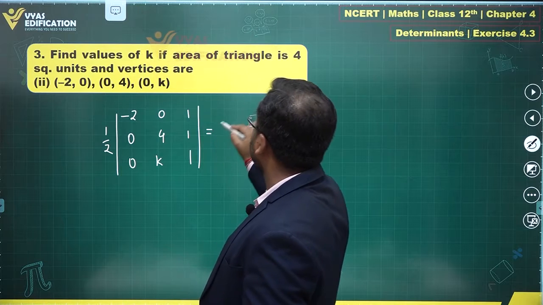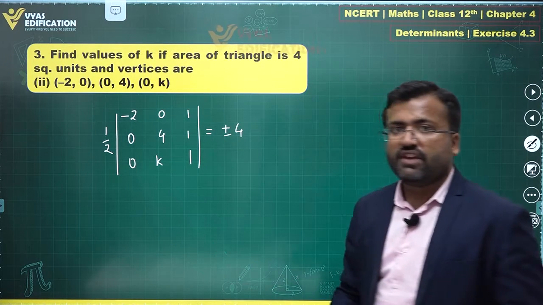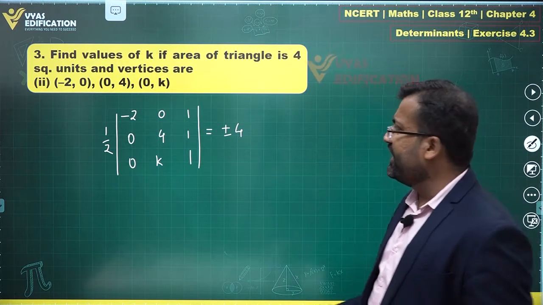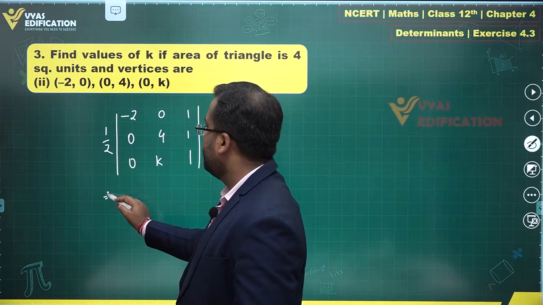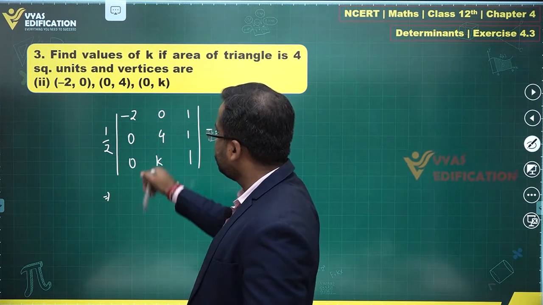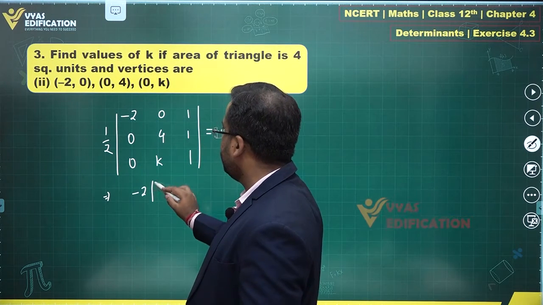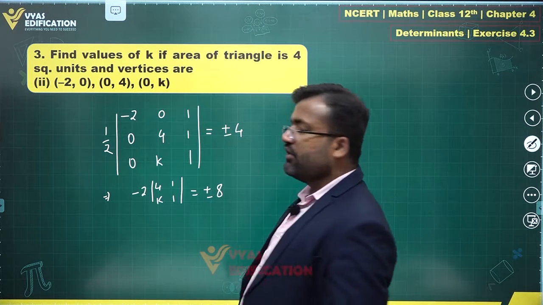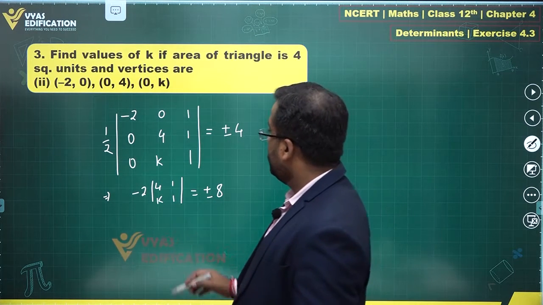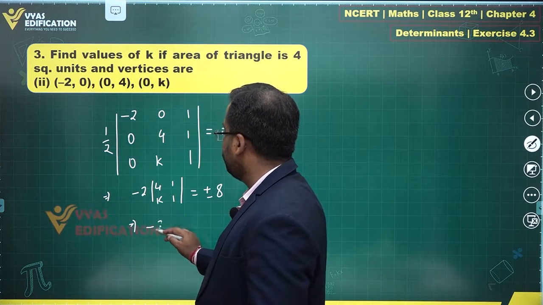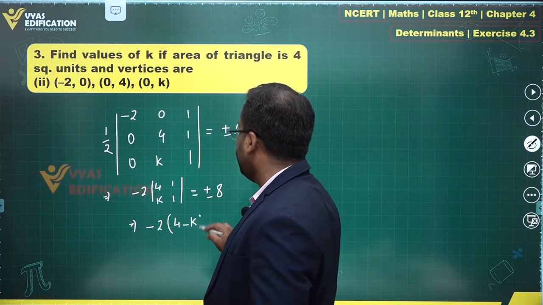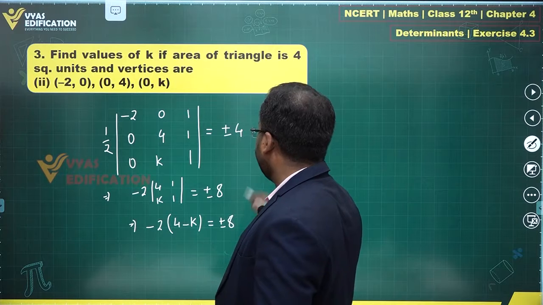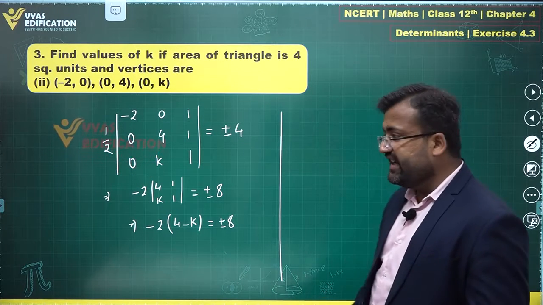This area will be equal to plus or minus 4, right? And we can solve this determinant very easily. This half will go that side, and we expand along the first column. Minus 2 times determinant 4 K 1 1 is plus or minus 8. Is that okay? Yes. Therefore, this gives me minus 2 times 4 minus K is equal to plus or minus 8. That further tells me that